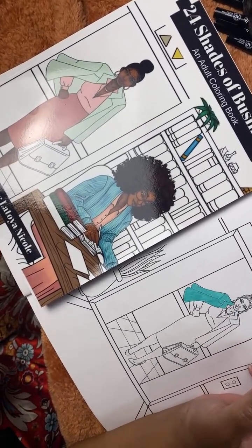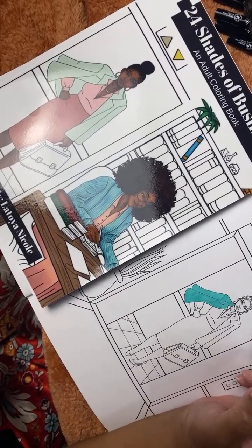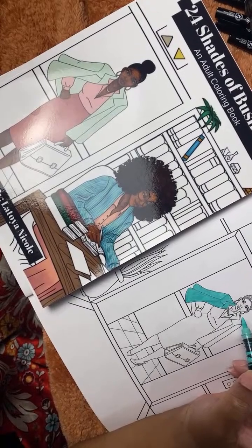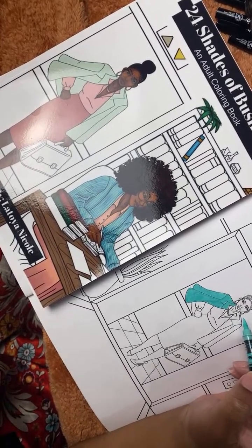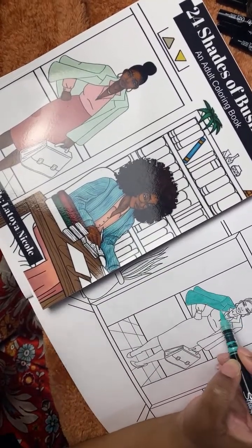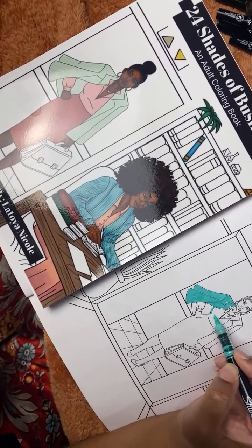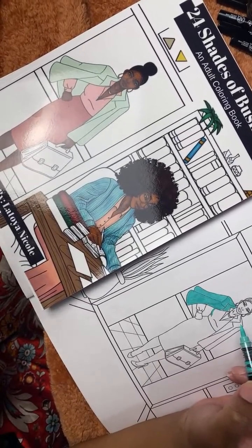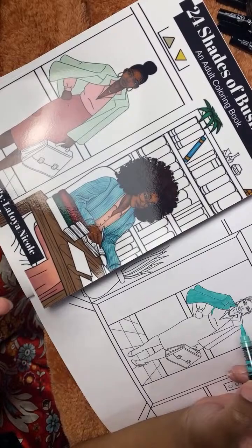All I did was set up the coming soon page. Basically they could put in their name and their email address. Then when I got ready to publish the book to release it, I already had their information. So I used those same people that had already helped me with the image. That's kind of how I got people to know about the book and to purchase it as soon as